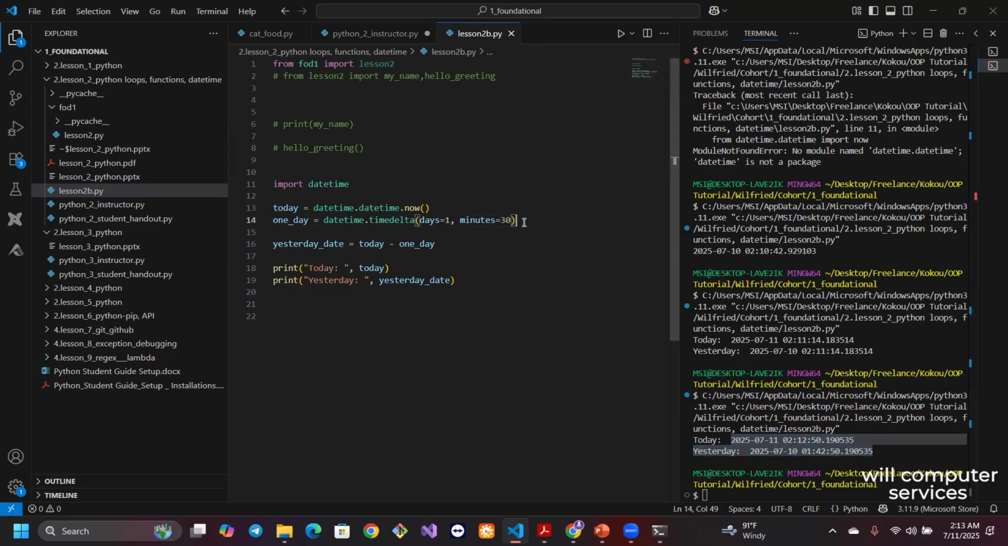But if this is the only thing you can take away, just know that for date and time manipulation, there's a module in Python that allows that. You can do a lot of things with it. That's just one thing. If you also want to